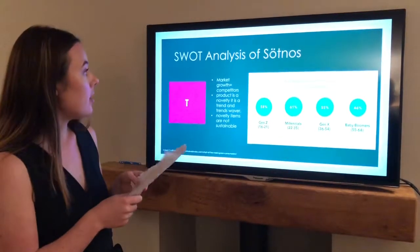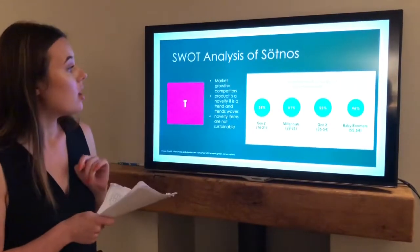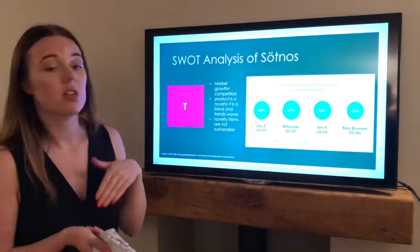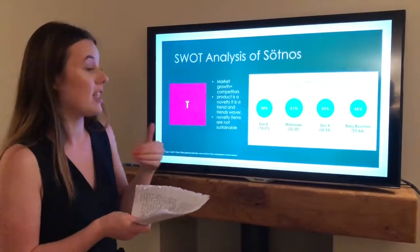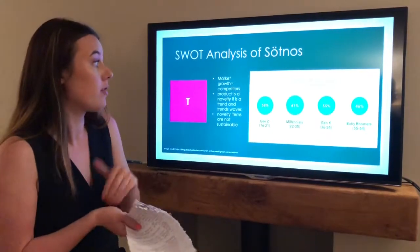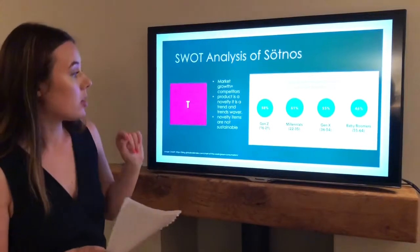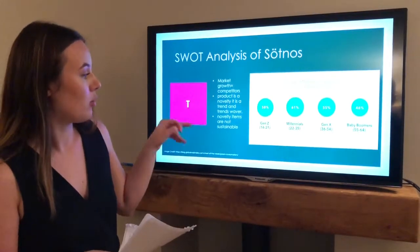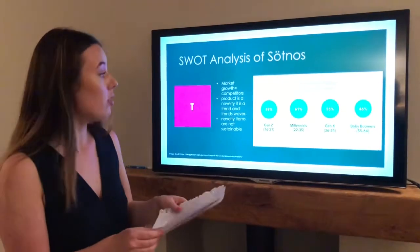So here we have the external threats. So the market growth: even though it is currently a small market, as it is such a fast-paced market and it is on the growth, the market will grow, which always means more competitors. The product is a novelty and a trend, and novelty items are often not sustainable. So in regards to market growth,